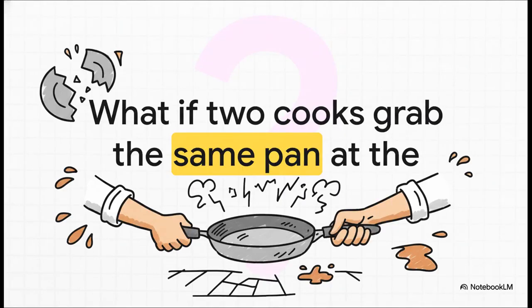But this whole idea of sharing leads to a really interesting new problem. If all our cooks are sharing the same equipment, what happens when two of them reach for the very last clean frying pan at the exact same millisecond? Who gets it? How do you stop them from fighting over it and making a huge mess? Well, that particular brand of chaos is called a race condition, and the solution is something called synchronization, which is exactly what we'll be diving into